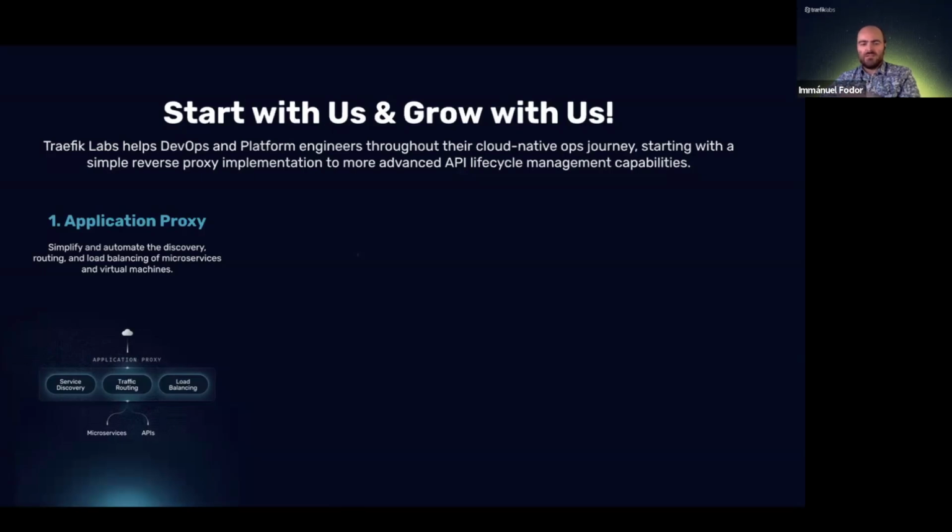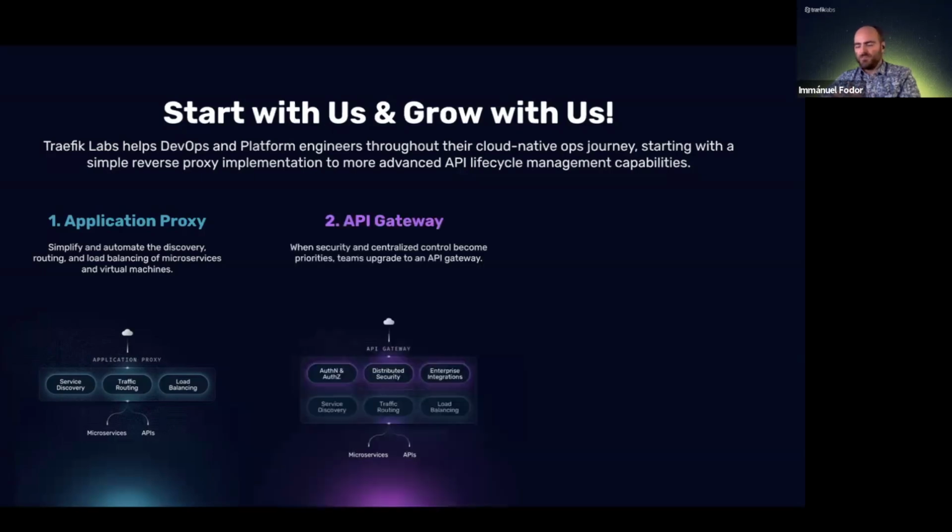However, as more and more APIs surface in companies, and this is not something that I make up. This is backed by virtually every recent survey. No matter which vendor created it, all state that APIs are proliferating. And for example, according to Akamai, 83% of the total web traffic is comprised of APIs. So as you move